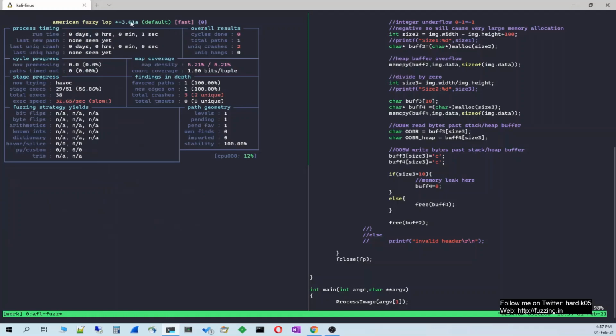And yeah, you can see that there are slight UI changes over here. It by default selects the fast power schedule over here. This is from AFLFast, and it has the MOpt mutator. So it uses that. You will see a lot of messages like MOpt havoc, MOpt splice, etc. Then it also has an option for a Python or custom mutator, which you can use over here.